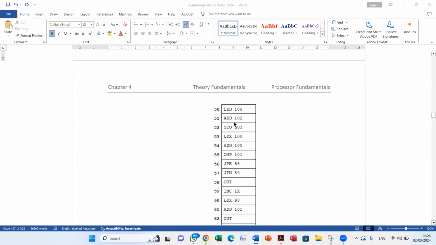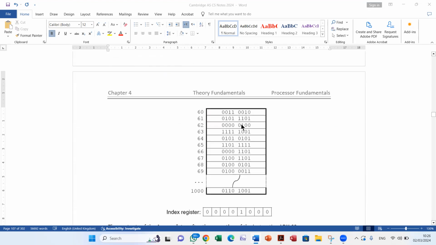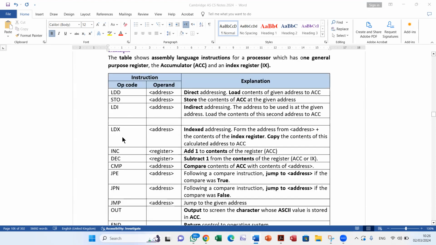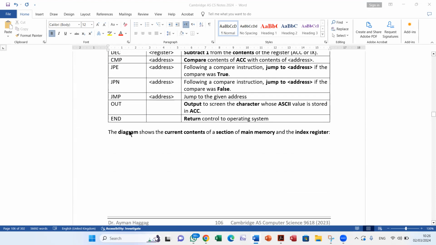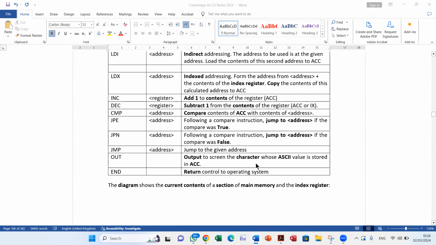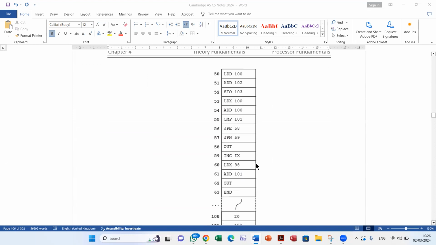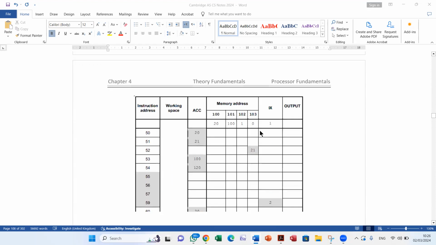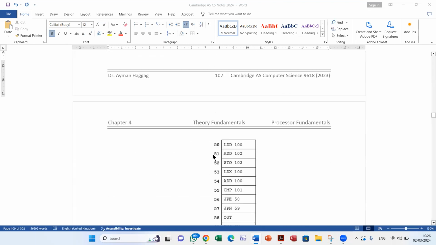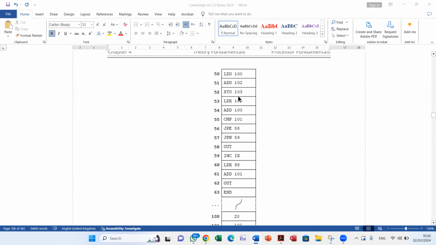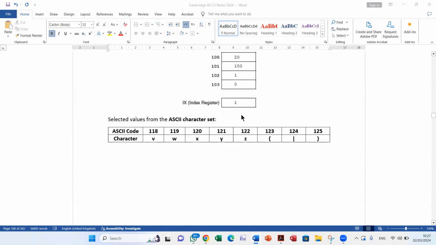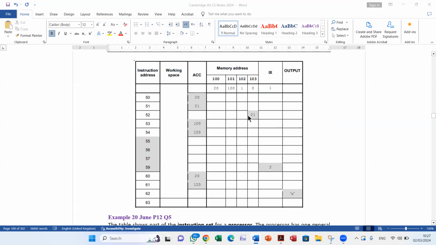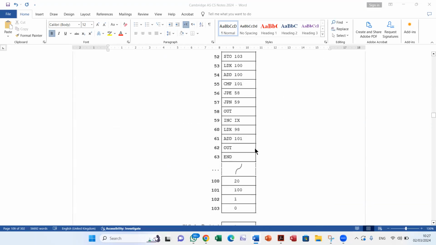Okay, next, ADD 102. So what is ADD 102? This is ADD. So you go to 102. This is 102. It contains 1. You add it to the accumulator. And then STO 103. You store whatever is in the accumulator in 103. Next,